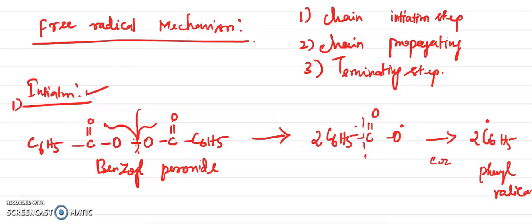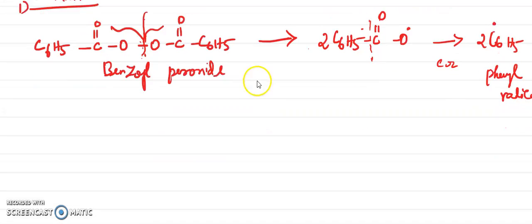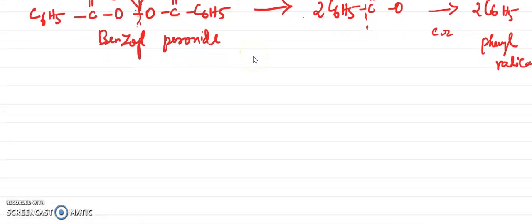Then after that, what happened? In this initiation step we are going to see what happened. For example, take ethene to polythene, which consists of heating or exposing to light a mixture of ethene with a small amount of benzoyl peroxide as an initiator. The process starts with the addition of the phenyl free radical formed from the peroxide to ethene, which has a double bond, generating a new, larger free radical. This step is called the chain initiation step.